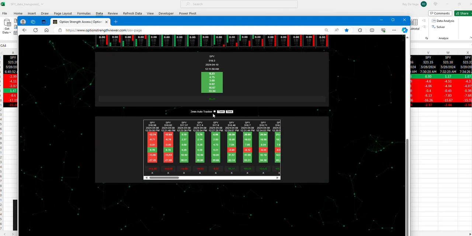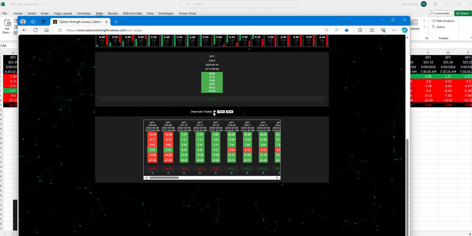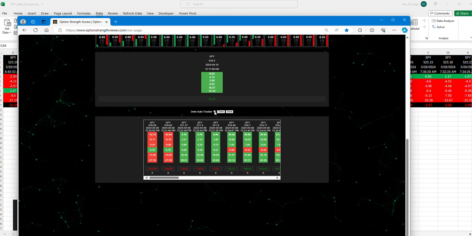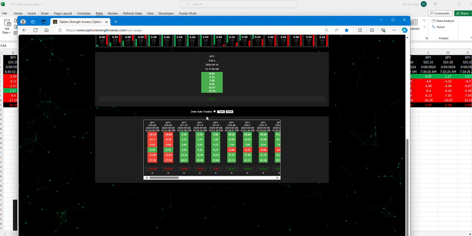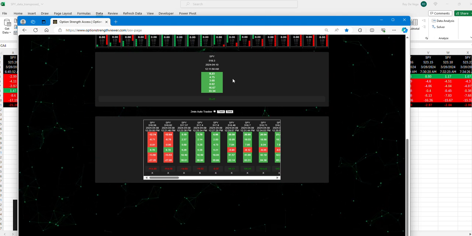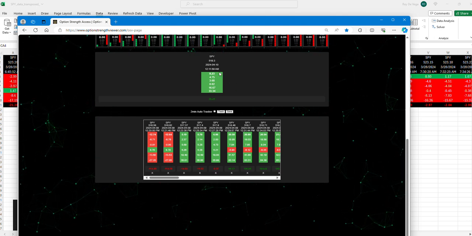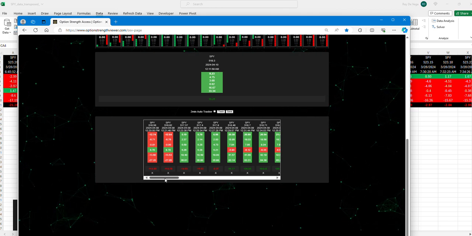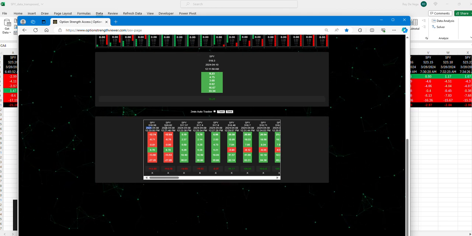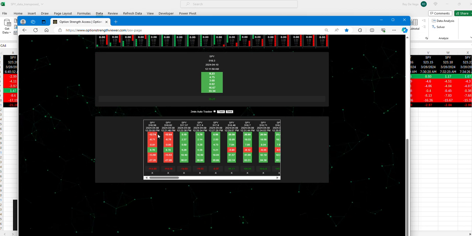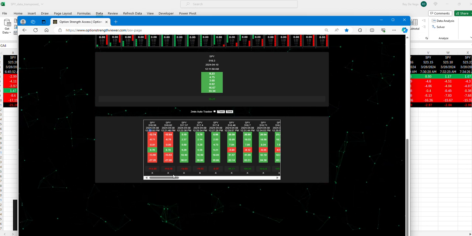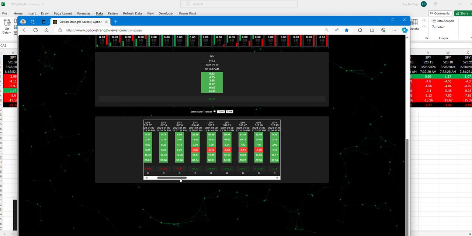This is an auto tracking feature on the interface. You click on this little box right here. This will automatically record this data right here. Every 2 minutes, it will take a snapshot and bring it down here, and it'll put them in chronological order, right? So you've got 12. The market is closed right now, but this is